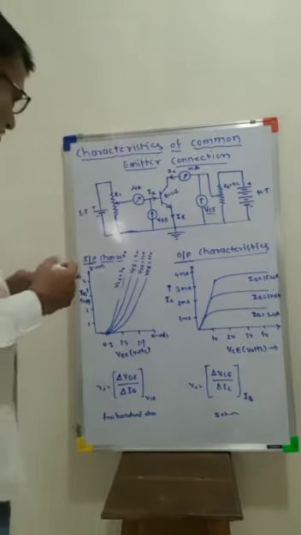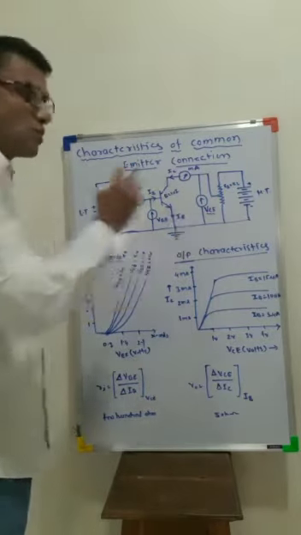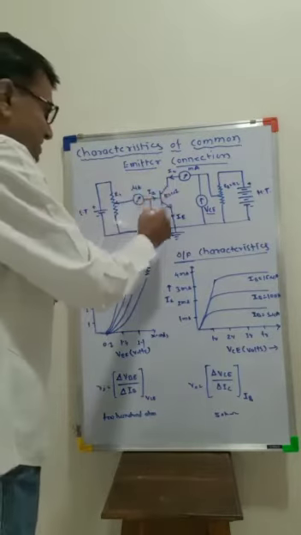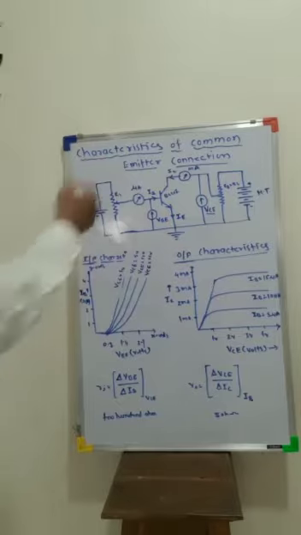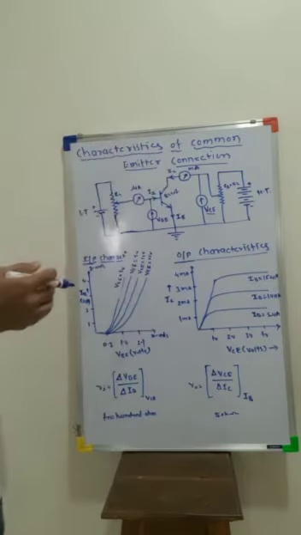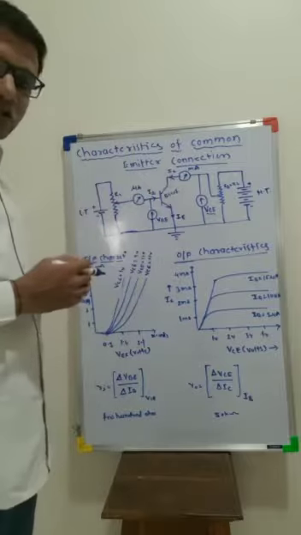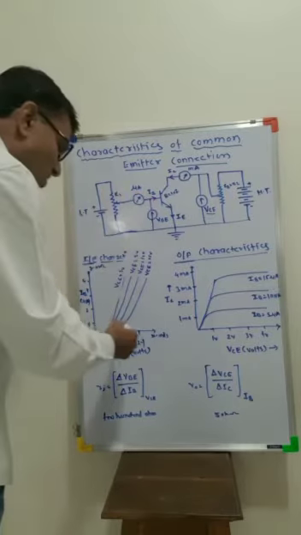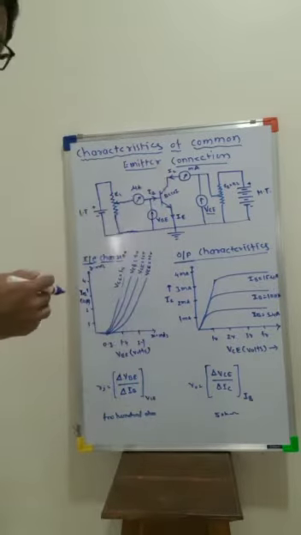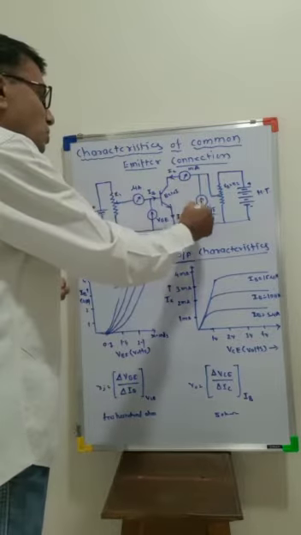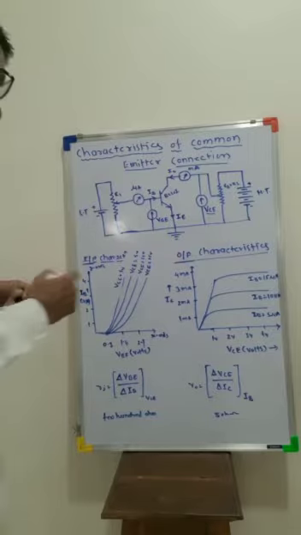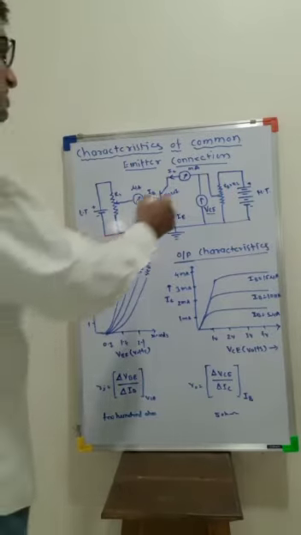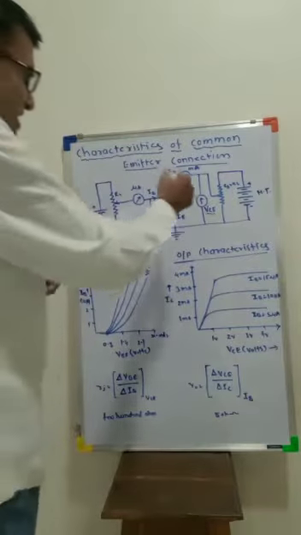Then we discuss the input characteristics and output characteristics. In the input characteristics, we can measure the input current, input voltage, and input resistance of the input section. According to the curve, we observe that IB is along the y-axis and VB along the x-axis. It means that input voltage is along the x-axis and input current along the y-axis. At the same time, the output voltage remains constant. It means that VC is equal to a constant, say VC is equal to 1 volt.